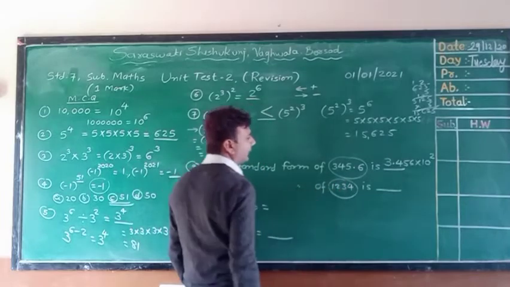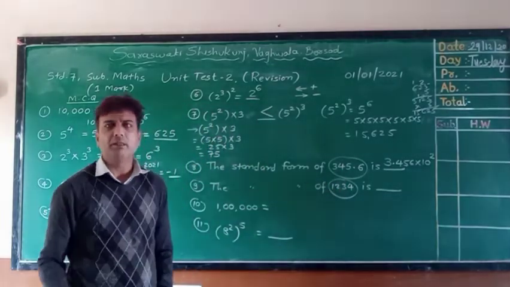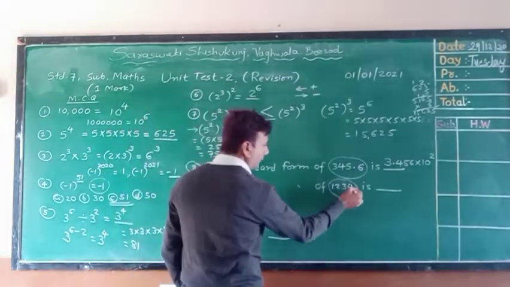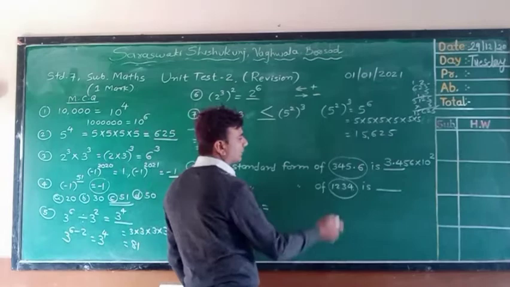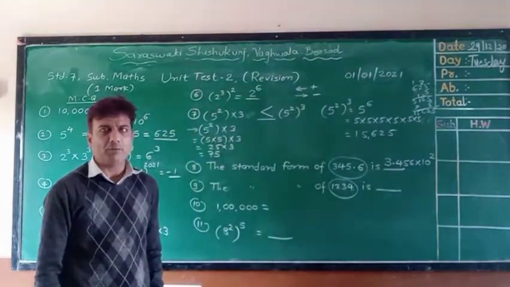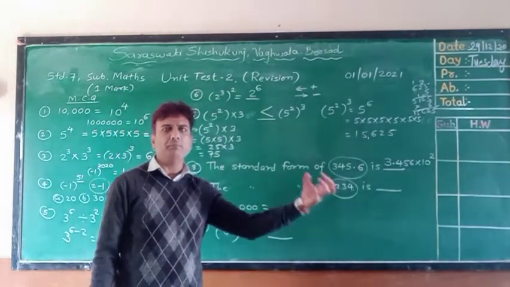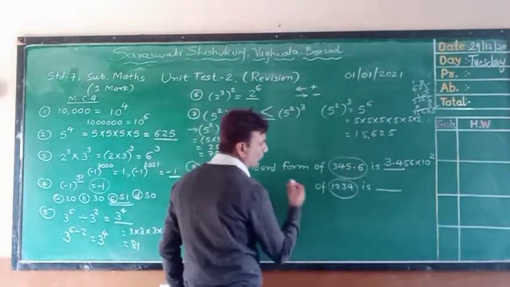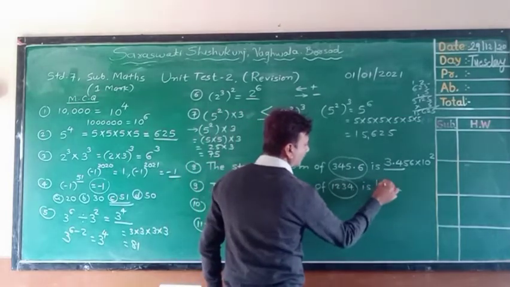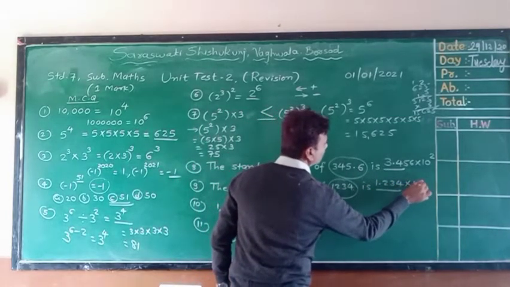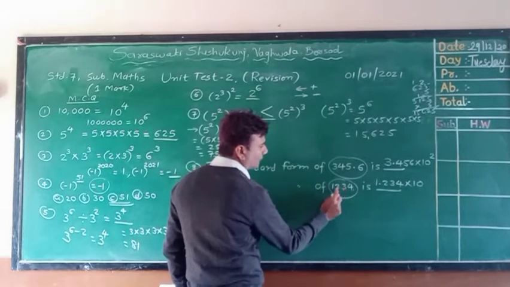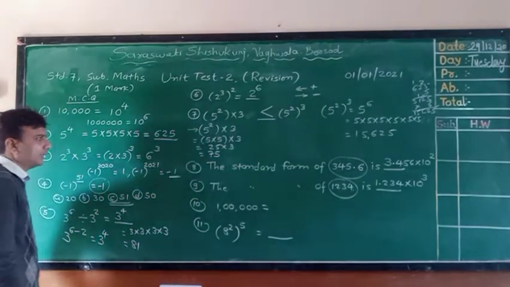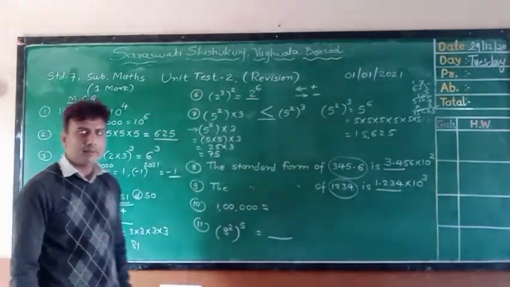In this case we can observe a decimal point value not given. That means we have to understand the point is given at the last. So we have to convert this 1234 into standard form. We have to remove this last point and put it after one digit. That means it will come after 1. So how many digits do we have to go to the left side? How many digits? 1, 2, 3. So our answer is 1.234 multiplied by 10 to the power 3. Is it clear?